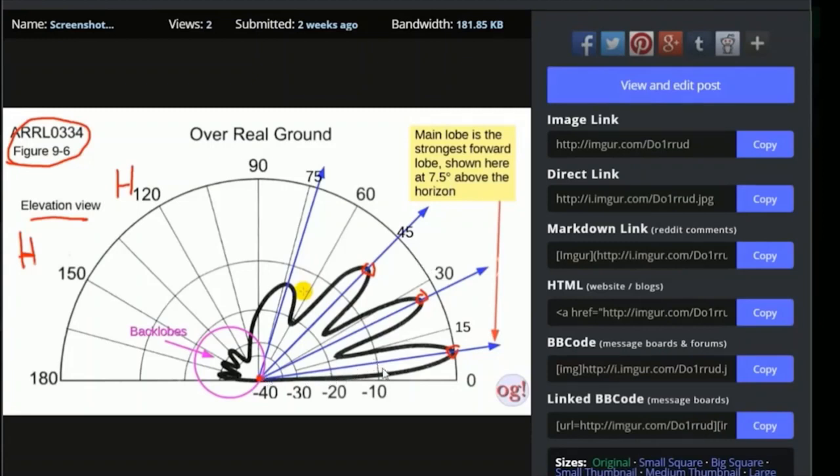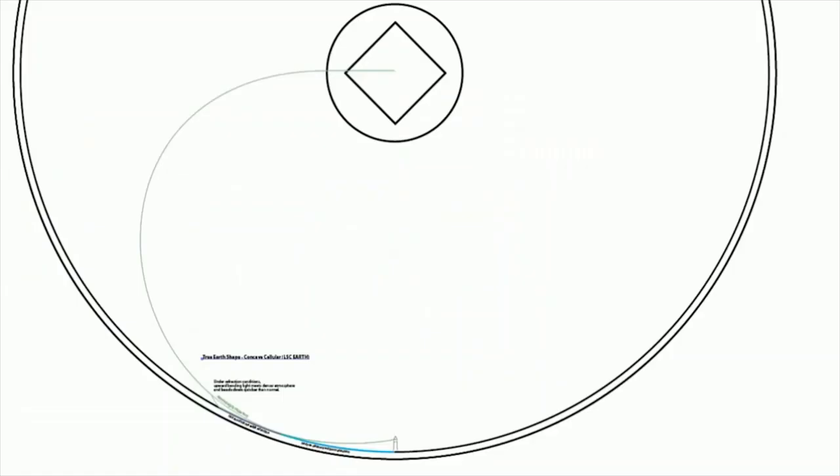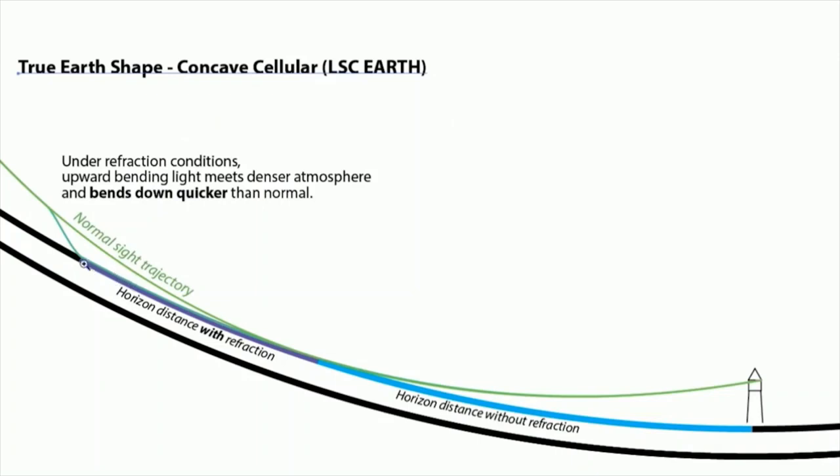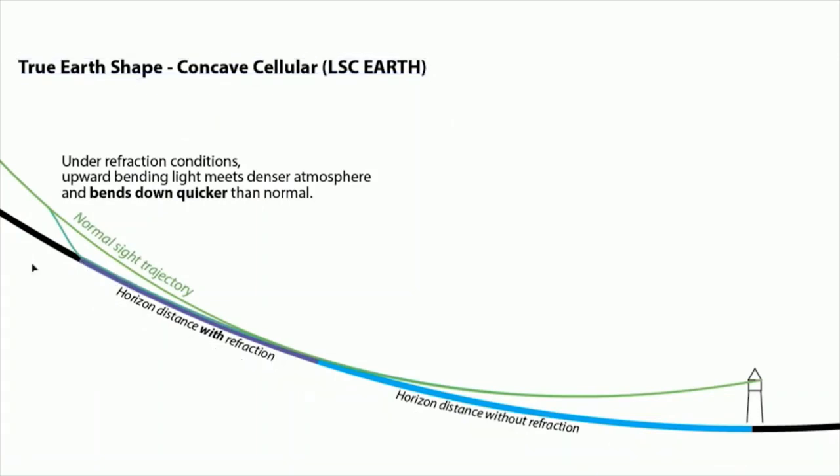So energy is never going straight, and it's never going down. And that's the same thing with light. Light is going to be doing the same thing. It's always going to be rising upward like that. So going back to Illustrator here, I'll show you what's really happening. At certain conditions in the atmosphere where there's a denser region, or a warm pocket, or a temperature inversion level, or a humidity difference or a pressure difference, this green line here is the normal sight trajectory line.